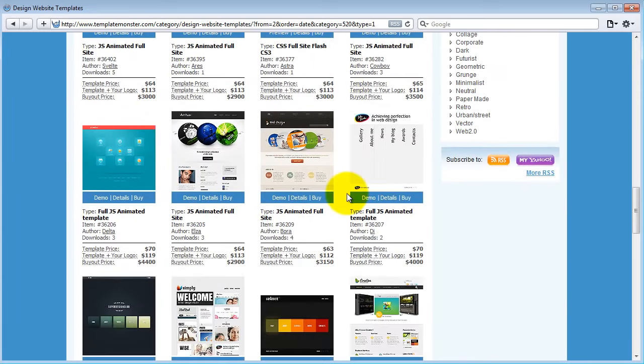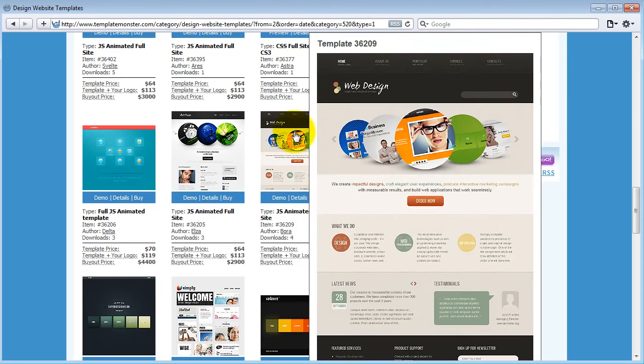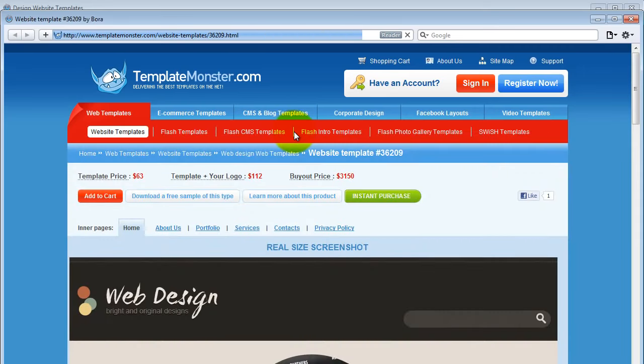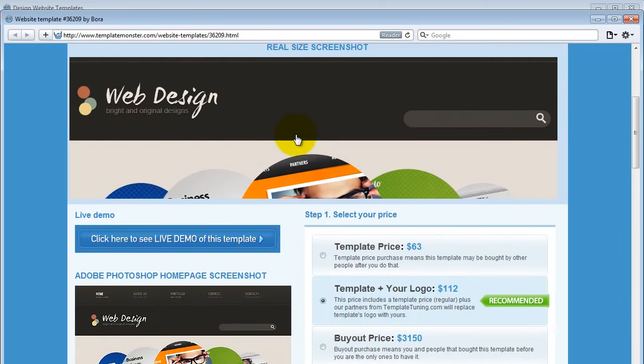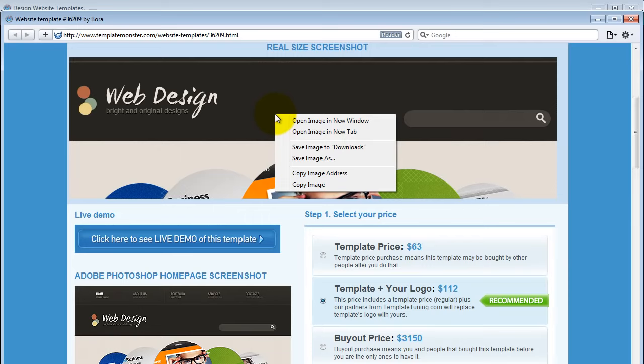But I try to get one and copy it. Like this one is pretty cool. Let's check it out. Okay, this one is perfect for an exercise. So I'm going to copy this header image and paste it in Fireworks. Just right click on the image, or hold down your control key and click on the Mac and choose copy